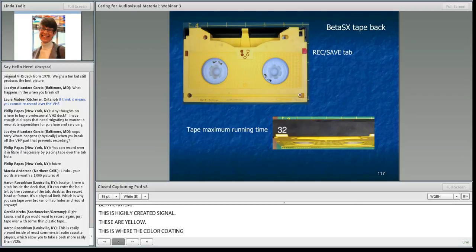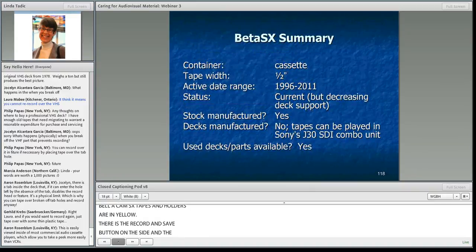You will find the record save tab again on the side and the maximum running time. The maximum running time both on the lid here and also then down there on the back. Okay, the summary is where, again, there are no more dedicated decks that are being created. The tapes can be played in a combo unit.